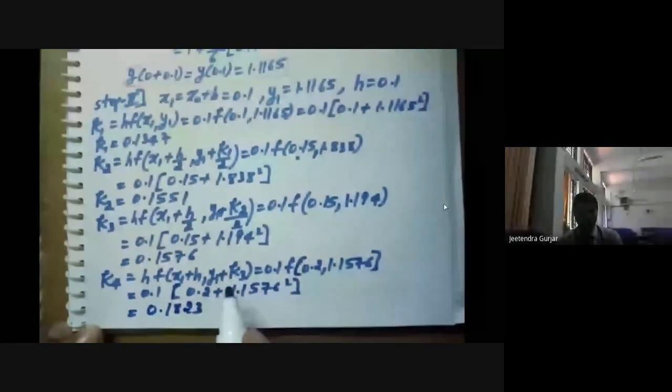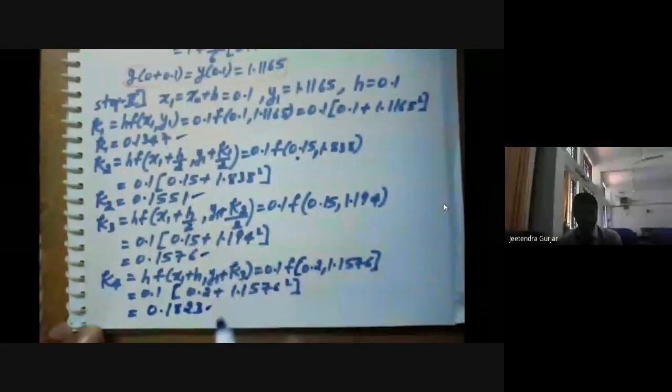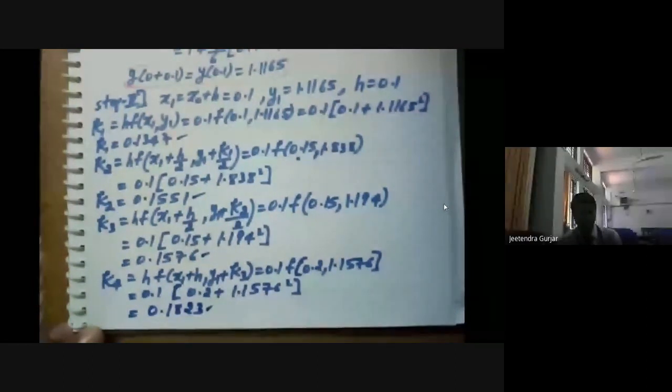After calculating all these four values, remember students, you are going to substitute in the next value, that is y of x1 plus h. So please write down the formula once again. I will repeat. Runge-Kutta method formula: y of x1 plus h is equal to y1 plus 1 upon 6 in the bracket k1 plus 2k2 plus 2k3 plus k4. So substitute all the values.